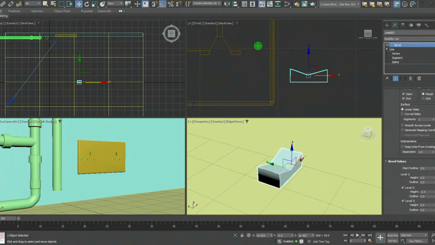And I'm going to add 0.5 here. I think that's too much. 2, minus 0.2, 0.2. Add a minus in front of it. And for the other height, 0.2, and I'm going to add 0.2 right there. So